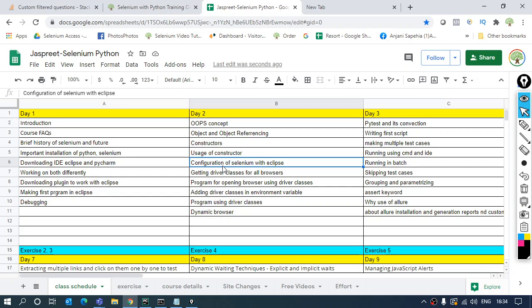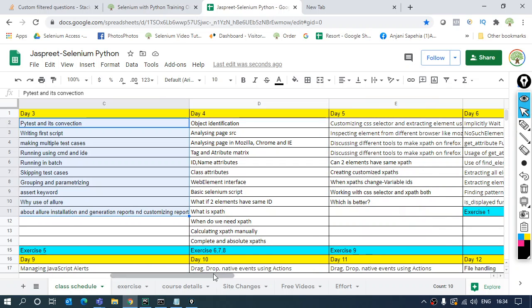If you can see on the screen over here, you can see the day-wise schedule that I have prepared, right? On day 2 I have OOPs concepts. It will take around 10 to 15 minutes to cover. After that I'll take up the Selenium part, where I'll start with the drivers. Then on the third day I have another topic, the PyTest framework, which is required because we will be working with test cases in PyTest.